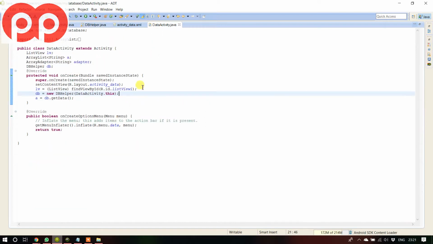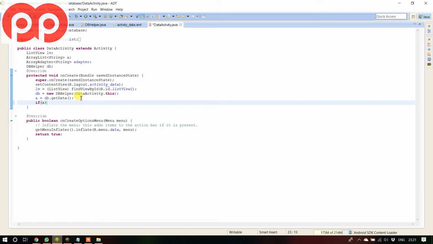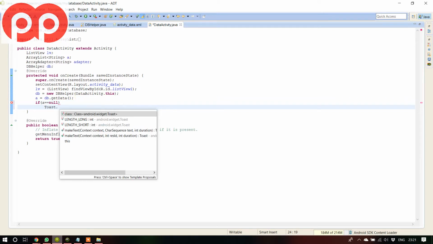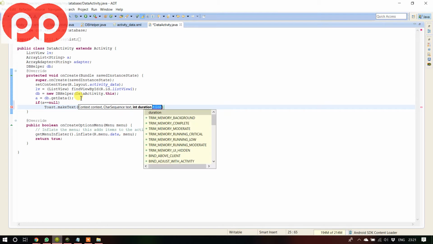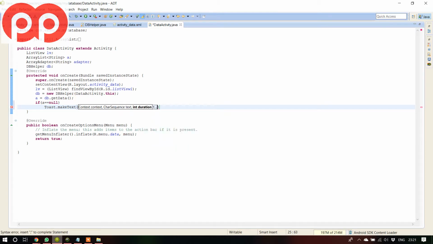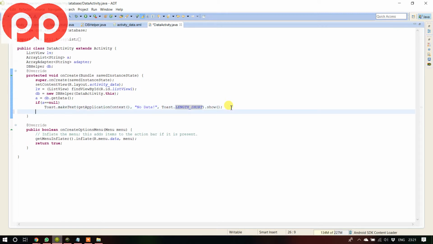So now where are we going to get the data here? Inside our a. Okay, if a equal to null, Toast.makeText(getApplicationContext(), "No data", and I'm going to show here Toast.LENGTH_SHORT). Okay, else